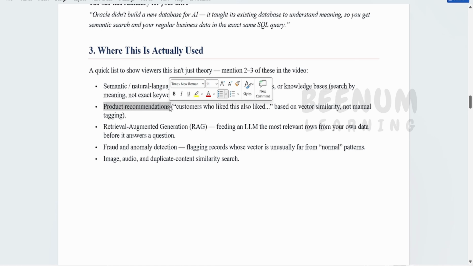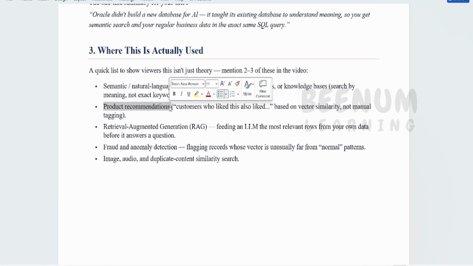Also, you can use this for product recommendations. Suppose there are multiple products available in your database, and the data is segregated across unstructured data. Then you can make use of these vectors to store the embeddings. Whenever the user searches for a keyword, like if I want a microphone to record YouTube videos, then you can recommend the best microphones in the particular budget or whatever specification